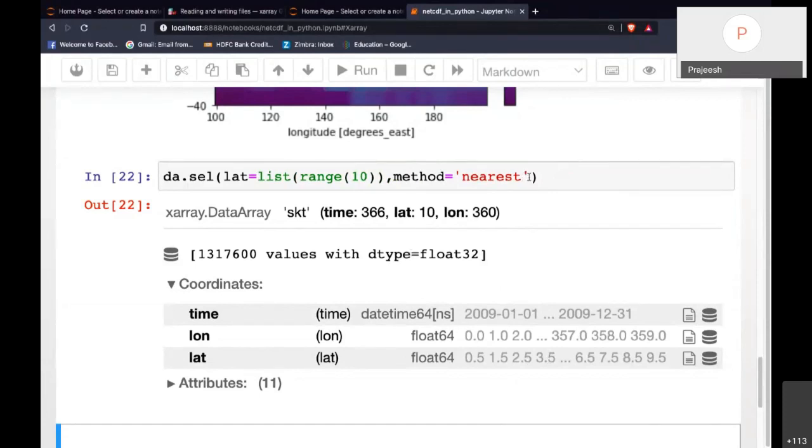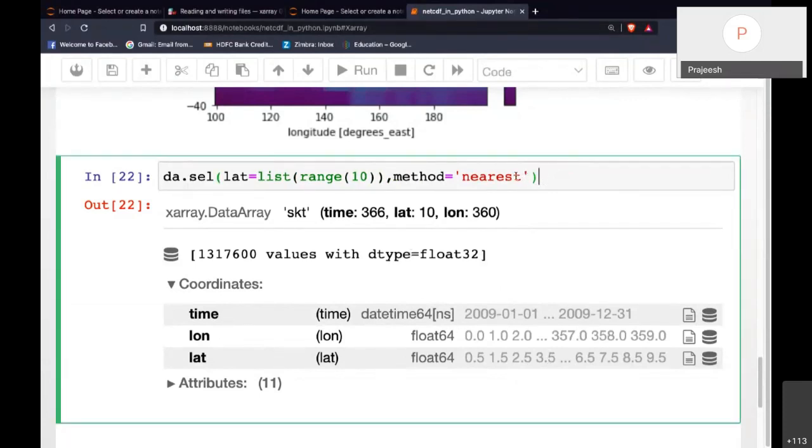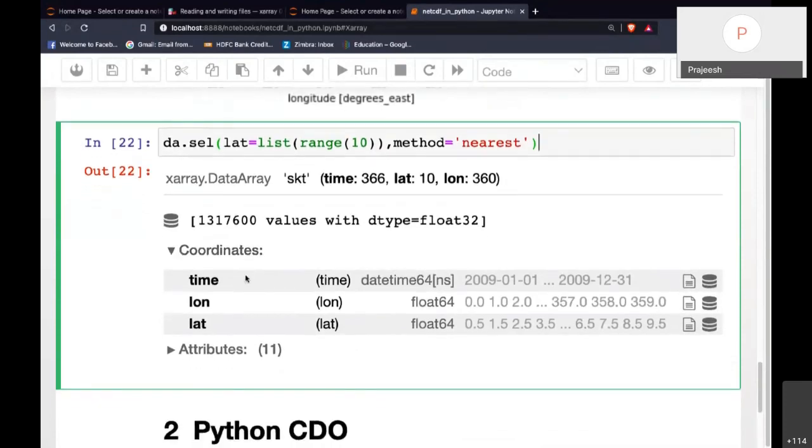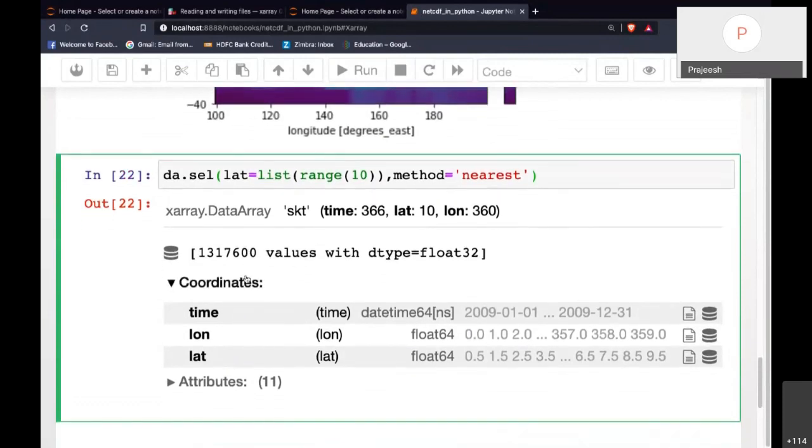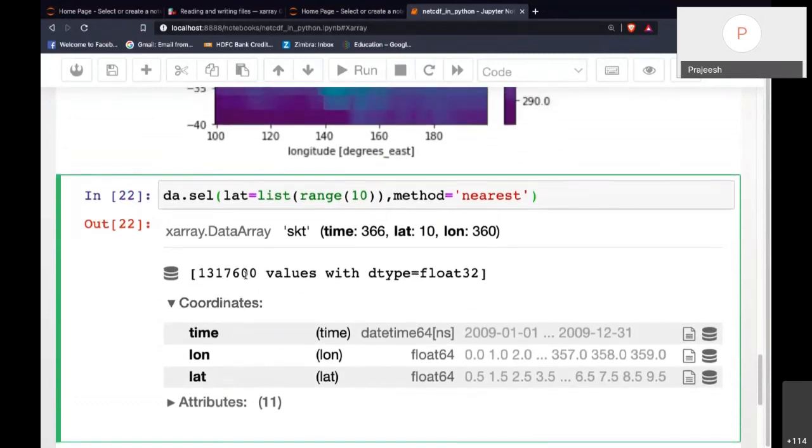Similarly, you can use multiple and get sections of different coordinates. Okay.